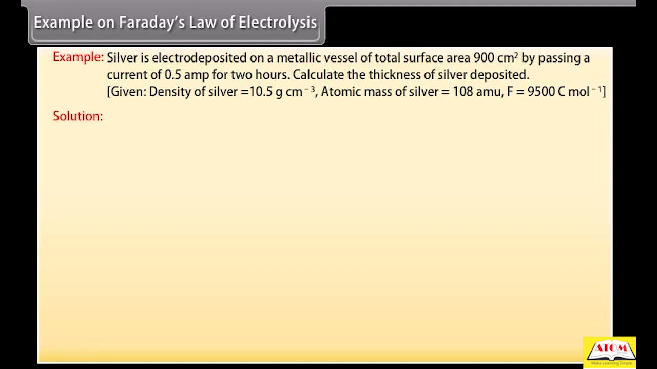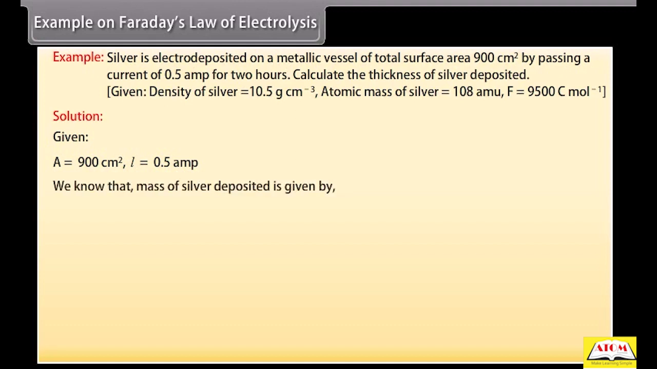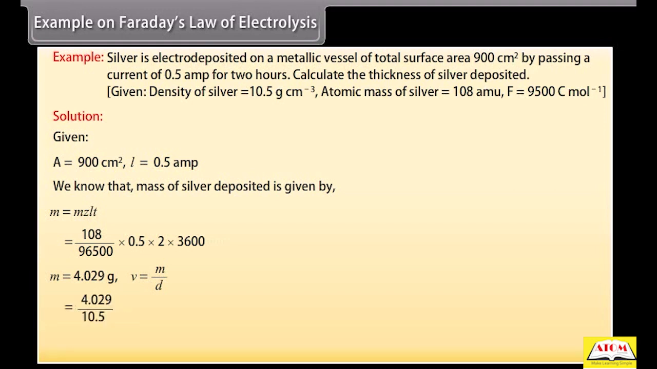Let's see the solution. Here, given values are A is equal to 900 centimeter square, I is equal to 0.5 ampere. We know that mass of silver deposited is given by M is equal to ZIT. By putting the values, we get M is equal to 4.029 gram. We know that V is equal to M upon D. By putting the values, we get V is equal to